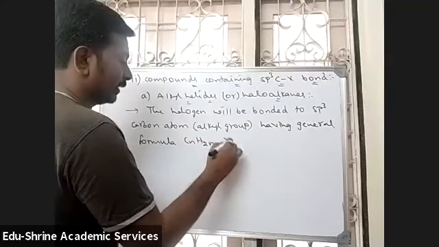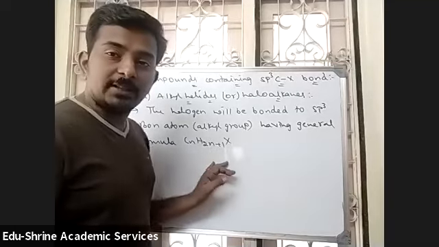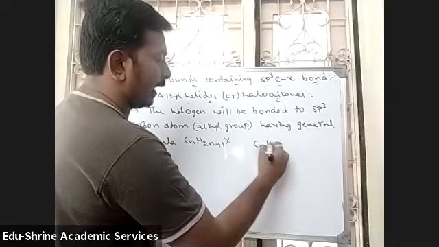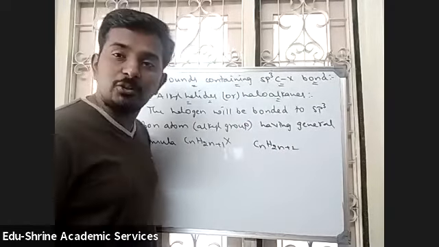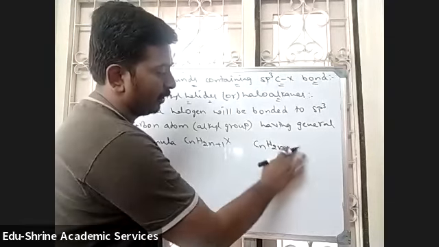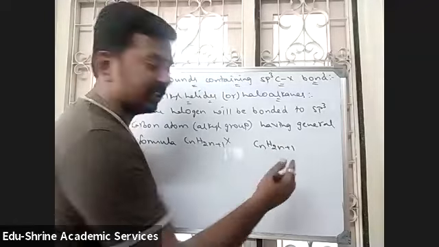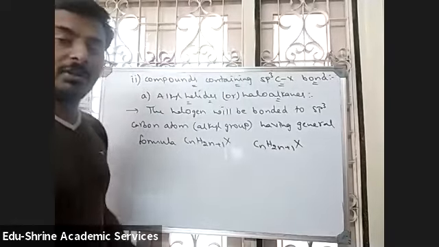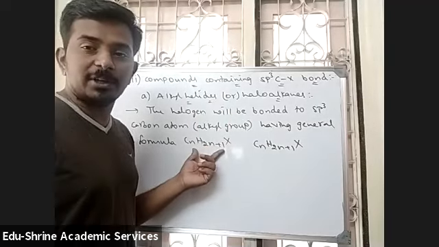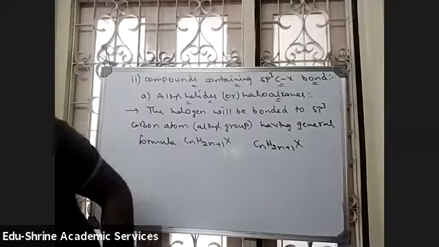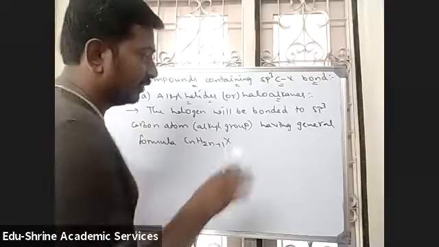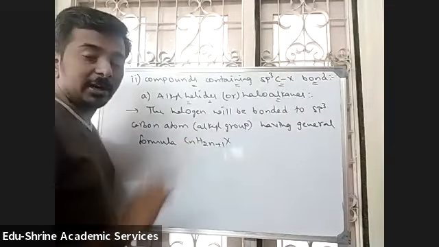They have the general formula CnH2n+1 X. See how we get this general formula. These are derivatives of alkanes, and an alkane has the formula CnH2n+2. Now I replace one hydrogen, so one hydrogen is removed and it becomes plus 1, and the hydrogen is replaced with a halogen. So haloalkanes or alkyl halides have the general formula CnH2n+1 X. In these compounds, the halogen is directly bonded to an alkyl group.